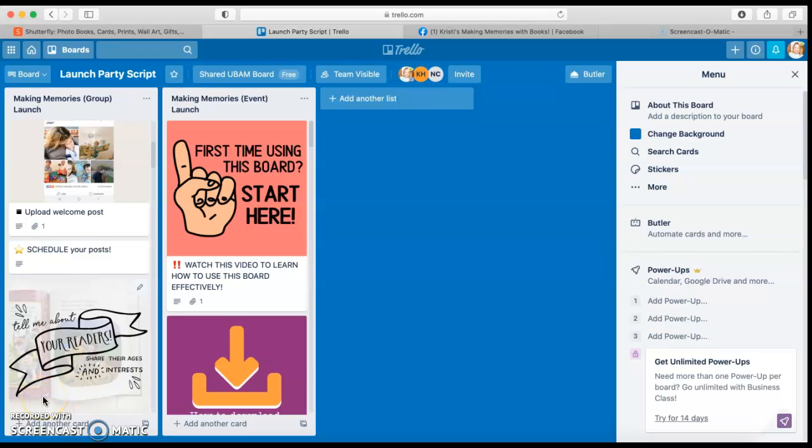Okay, I want to talk really quick about how to pre-schedule your posts in your groups. That is one amazing feature about groups: it does let you pre-schedule all your posts, versus events, which doesn't allow you to do that. So, time saver. Now, scheduling your posts does take a little bit of upfront time, but it is totally worth